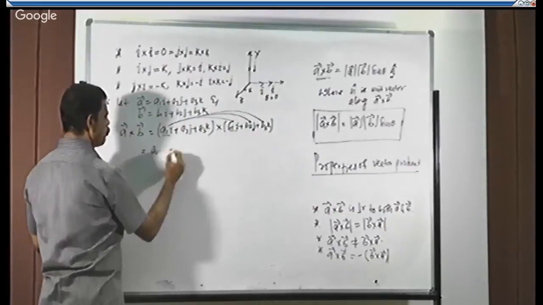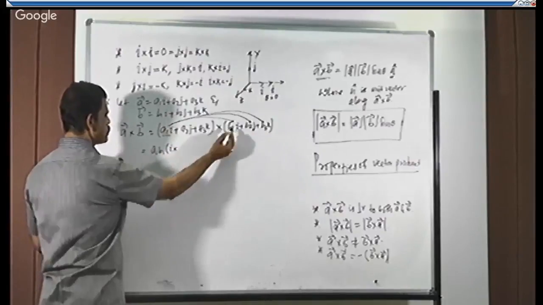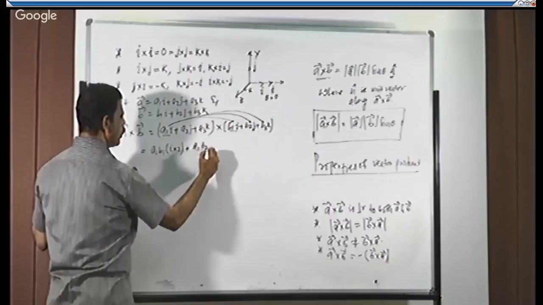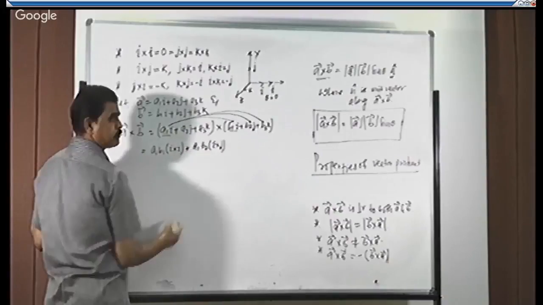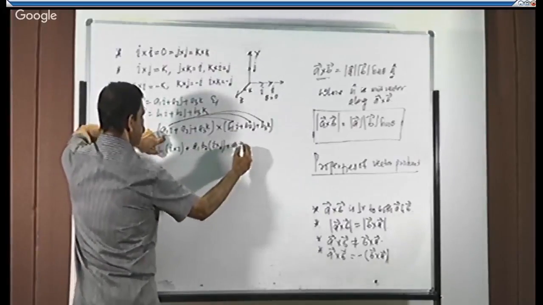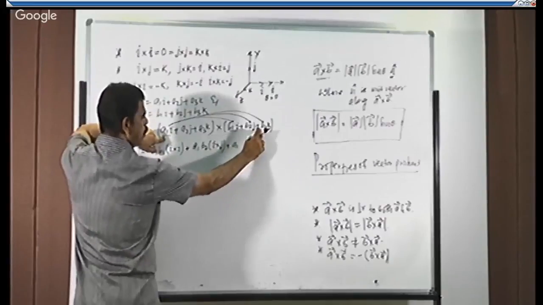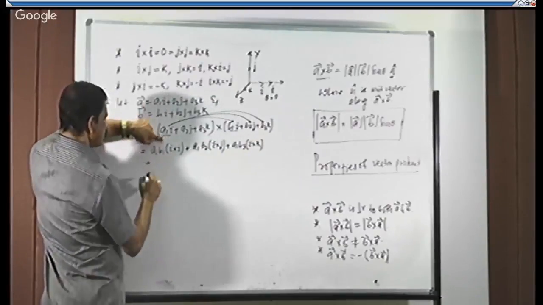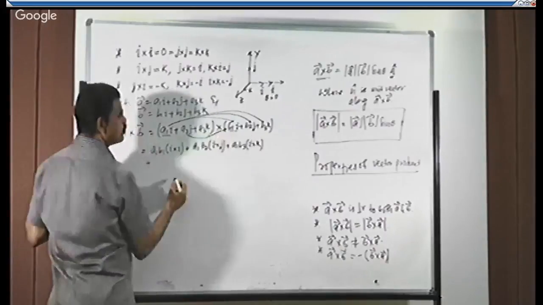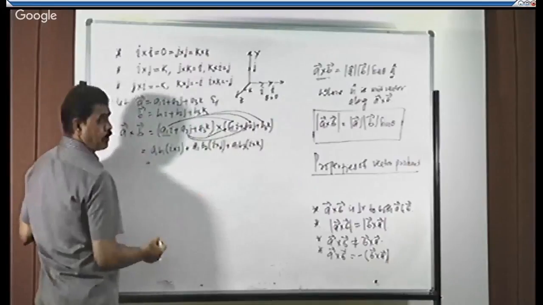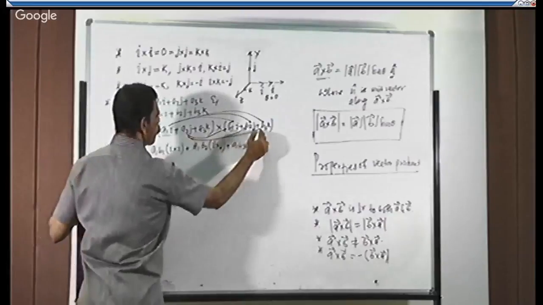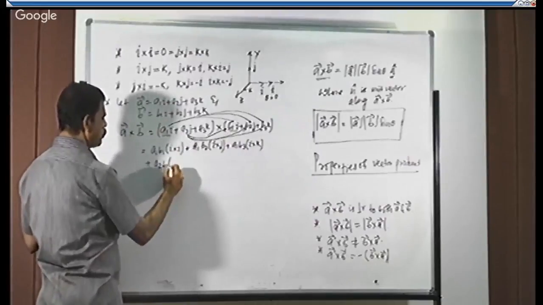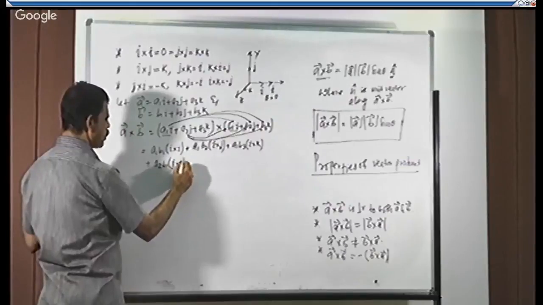A1 B1 into I cross I, plus A1 B2 into I cross J, plus A1 B3 into I cross K. In a similar way, you multiply A2 J with B1 I, B2 J, and B3 K. So we get A2 B1 into J cross I,